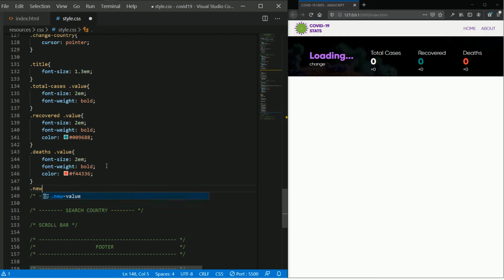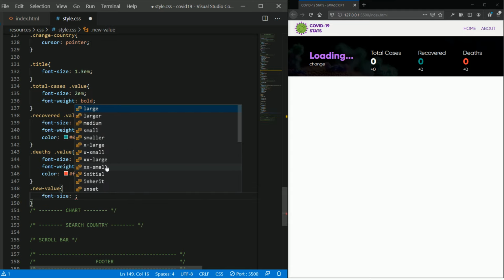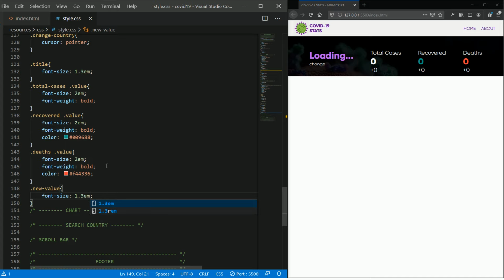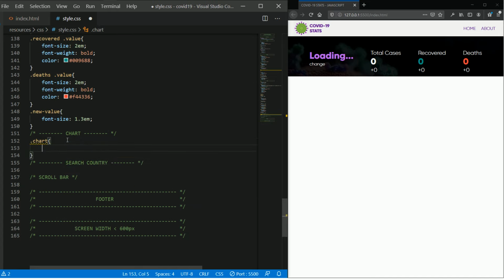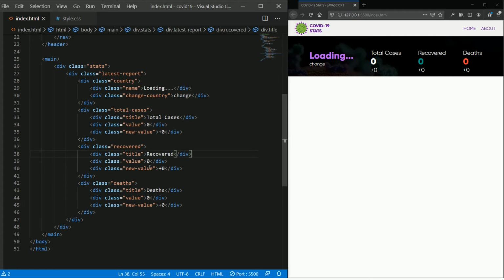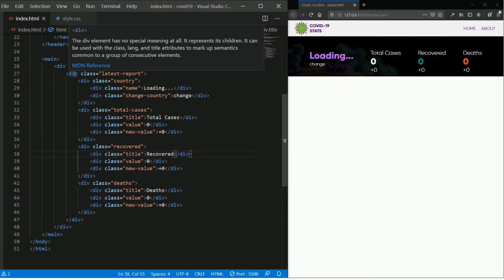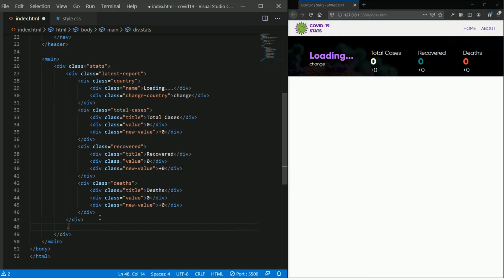Now for the new value, for all of them, I'm going just to change the font size. Now for the chart here, which we didn't create yet, so for the chart it's going to be outside the latest report,